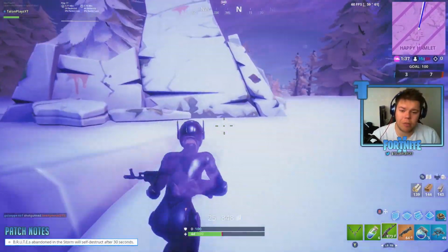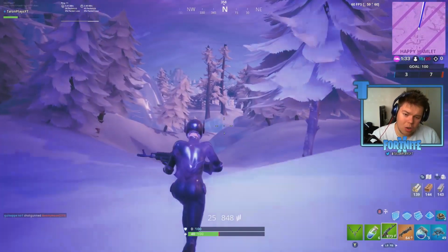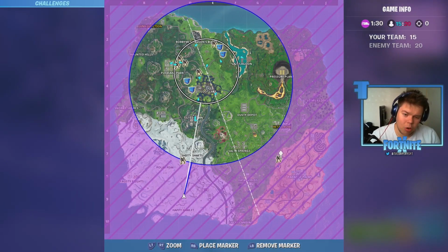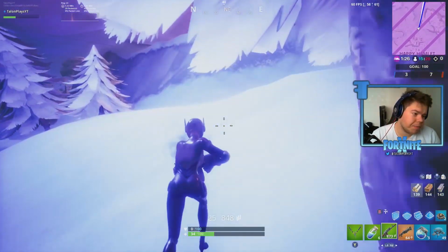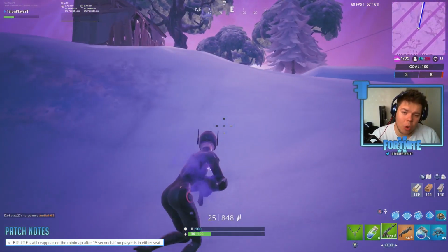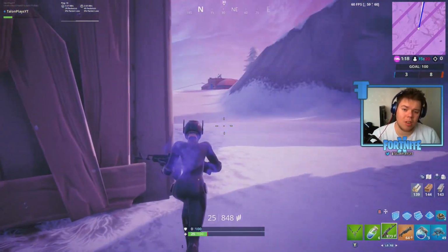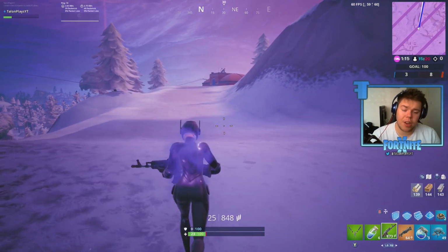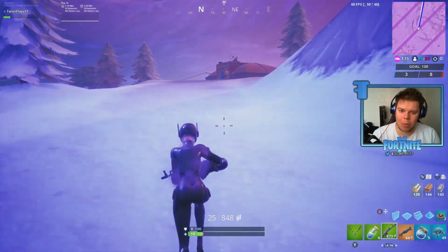Brutes abandoned in the storm will self-destruct after 30 seconds. So any brute left in the storm now, like this brute over here, will self-destruct very shortly. Brutes will appear on the minimap after 15 seconds if no player is in either seat. So as long as there's one person in a seat, either the driver or the gunner, then you're fine. But it won't appear on the minimap, but